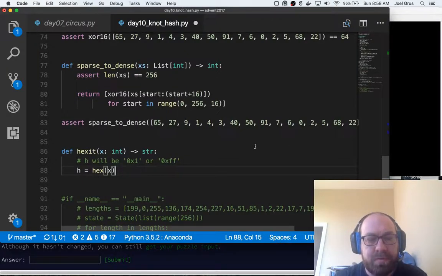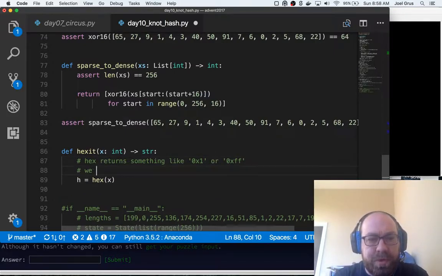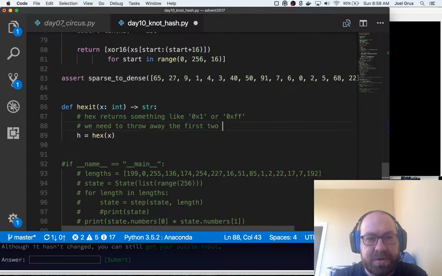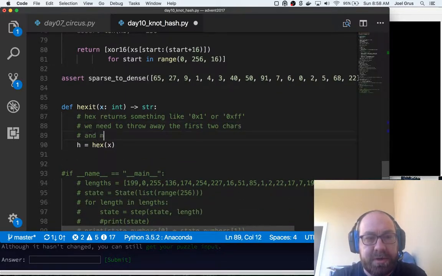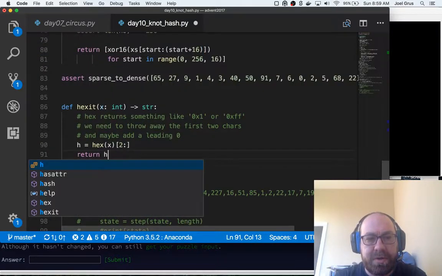So hex returns something like this. We need to throw away the first two characters because we don't want that 0x. There's two characters, and maybe add a leading 0. So first, let's throw away the first two characters and return h